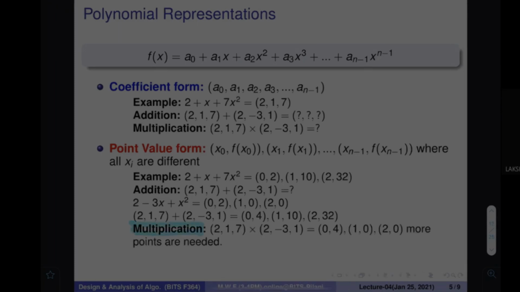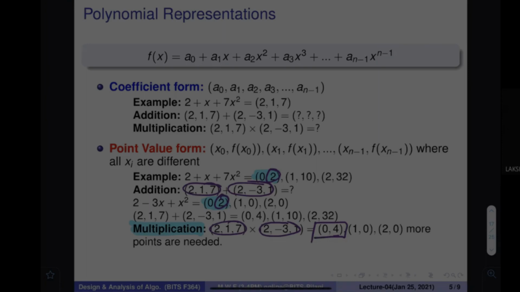Again, if you want to find the multiplication of these two polynomials, the first polynomial and the second polynomial, the same polynomials that I was talking about earlier, you can go ahead with this 0, 2 and 0, 4. No, I think I have written it wrong. Okay, 0, 2 and 0, 2. Then it is going to be 0, 4. 2 and 2 is multiplied by 4. The first item would be 0, 4.